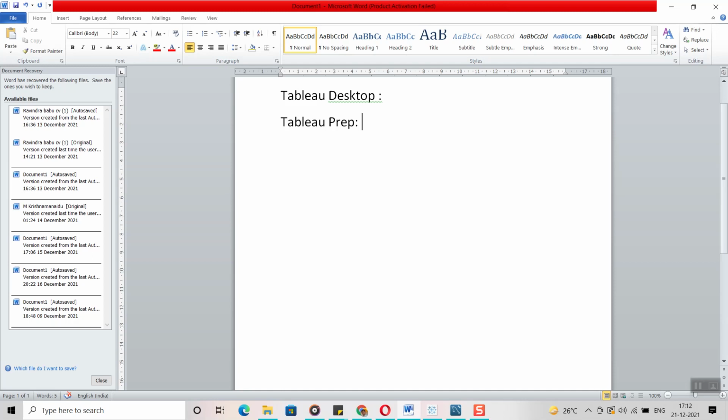Whoever is working on the ETL part, either Informatica or Talend, they are going to connect all these different data sources using the ETL tool.